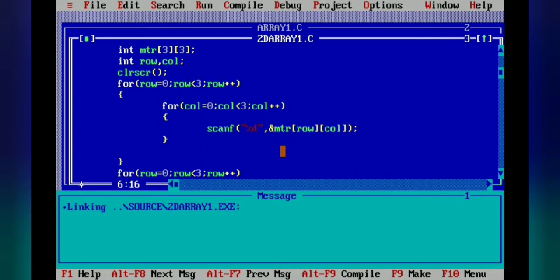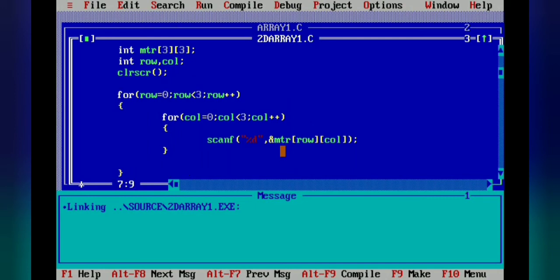So before the for loop, you just write your message, that is printf("Enter 9 values for 3 by 3 matrix"); semicolon.